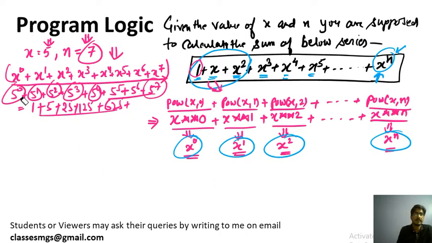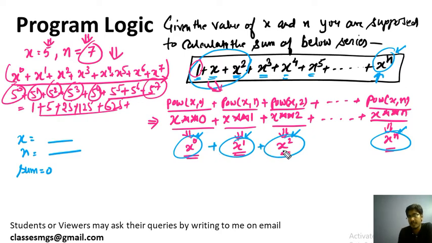Now let me write a for loop here and you see. What we need to do in the for loop is go over 0, 1, 2 up to n, and the other things will remain, x will remain as it is. So I will take the x value from the user, and the n value from the user. I will write the for loop. I need some variable to hold this sum.